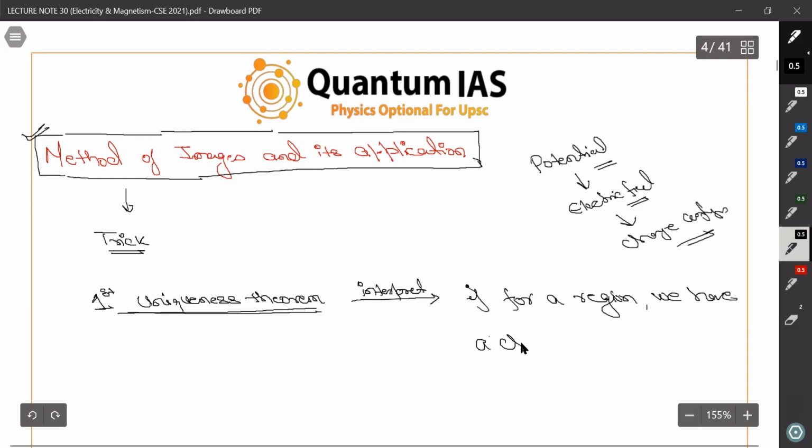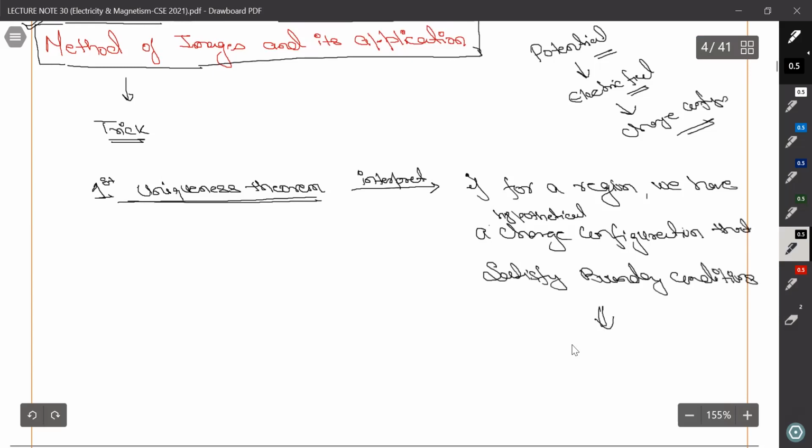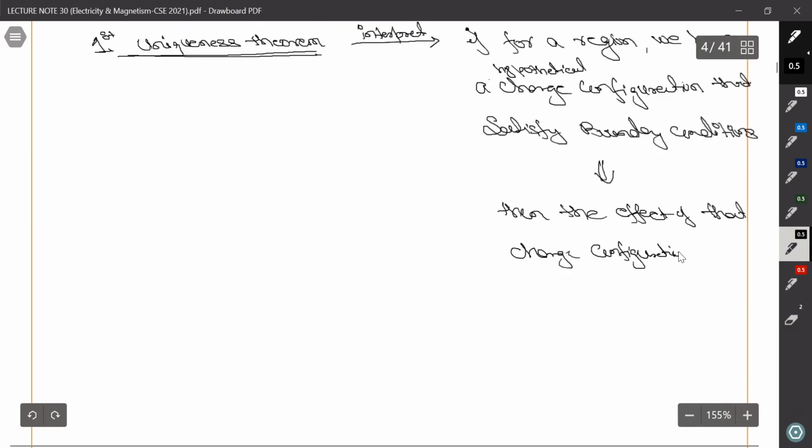we have a charge configuration, or if for a reason we have a hypothetical charge configuration that doesn't exist, that satisfies the boundary conditions, then the effect of that charge configuration will be similar to the original one, right? Why? Because we know that